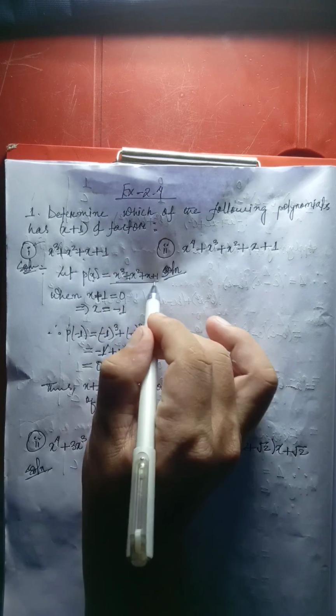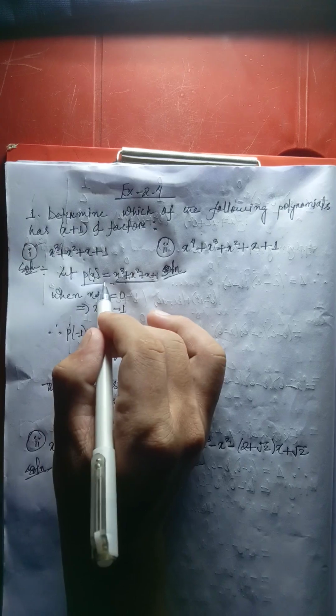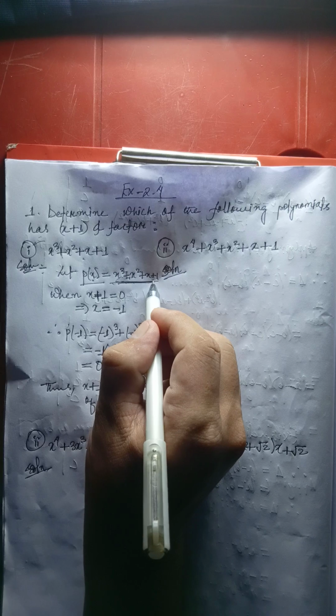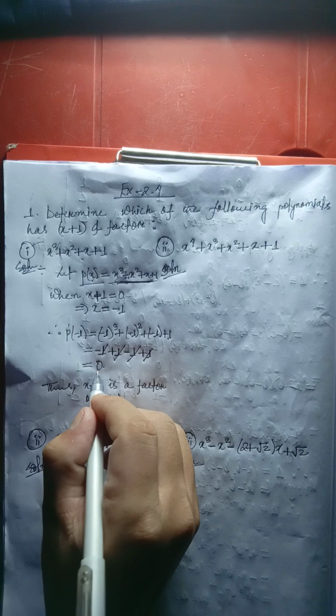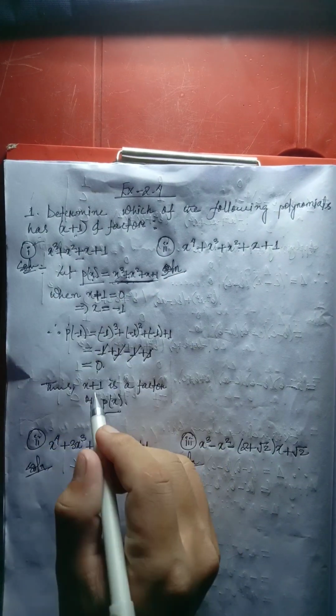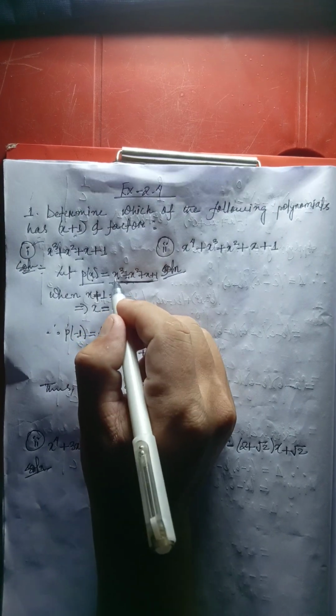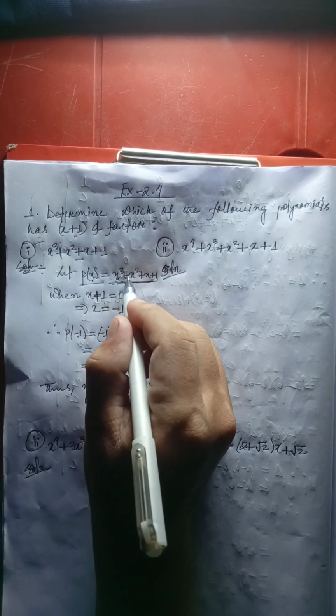P of x, if we write p of x, that means it represents this one, x cubed plus x squared plus x plus 1. This is represented by p of x. So if you write p of x, you are writing this polynomial. After we use this to divide this polynomial, we get 0, and at last we call it x plus 1 is a factor of p of x. And this p of x implies that it is x cubed plus x squared plus x plus 1. Okay,